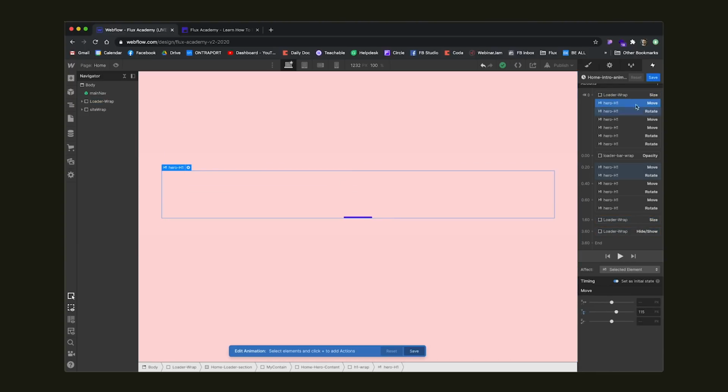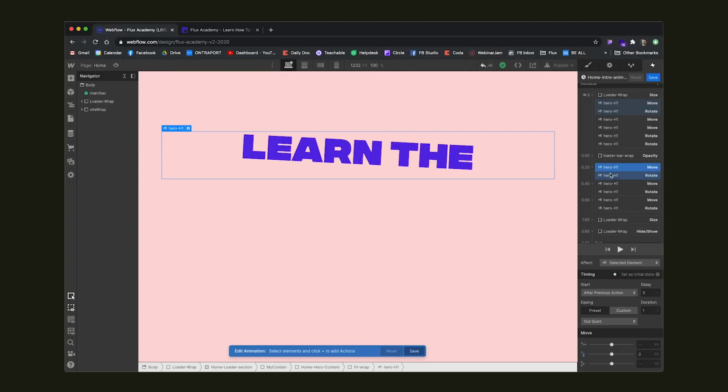And here we have basically the 3 lines of text moving from outside of their actual wrapper. So they're not visible, but then they're moving inside and they're rotating at the same time. So basically every line is rotating inside the mask, and they're doing it stacked one after another.